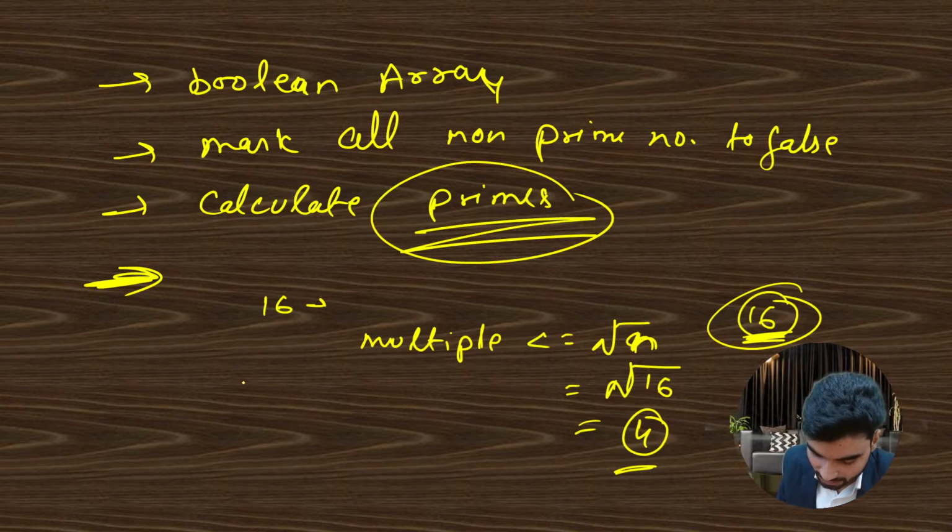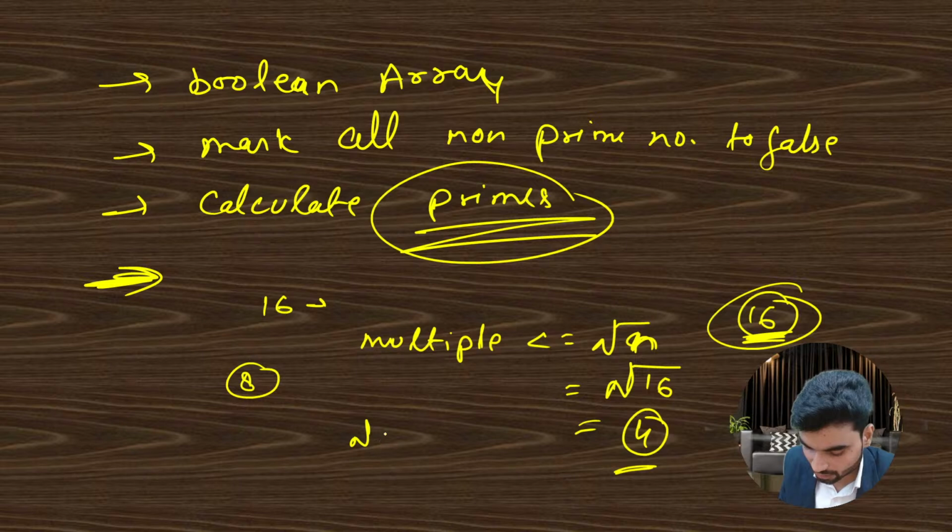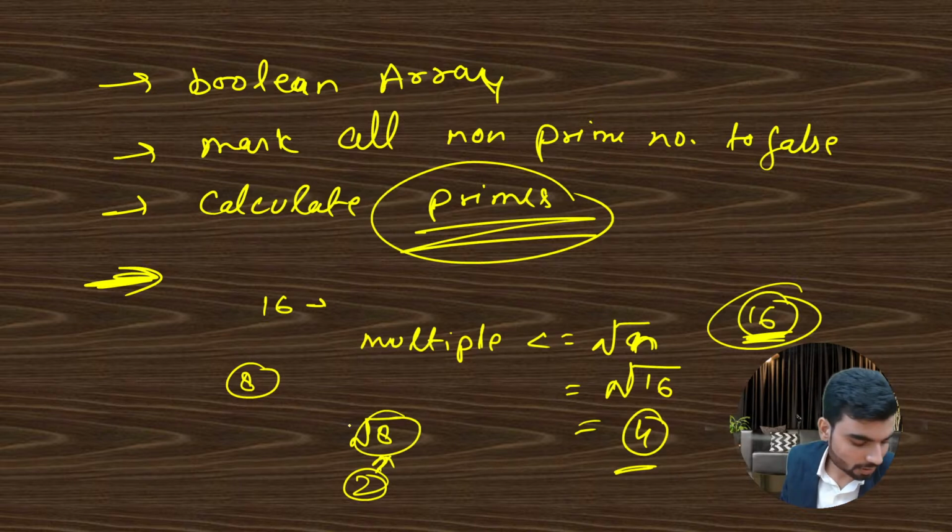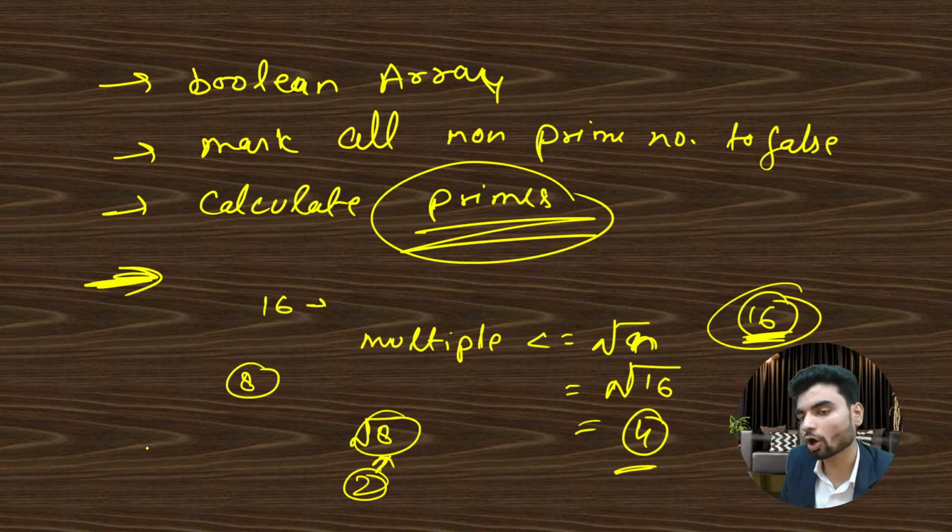Every non-prime number, let's take an example, 8. If you figure out the square root of 8, you'll see 2 point something. But 2 is a multiple of 8, which means 8 is not a prime number. You don't have to check for 4. Even if it has a single multiple other than 1 and the number itself, it will not be a prime number. So every non-prime number has multiples less than or equal to the square root of that particular number. So to optimize it, we are using math square root. You could run till n as well, but that will take a lot of time because that is not an optimized solution. Okay, you got it.